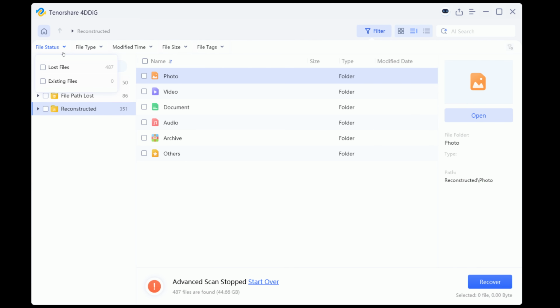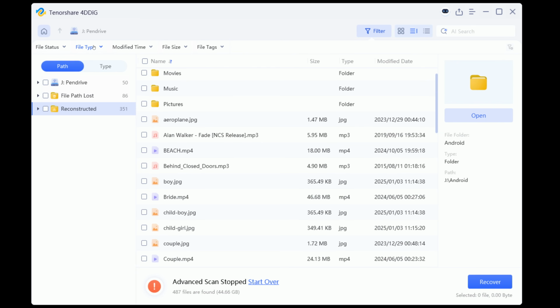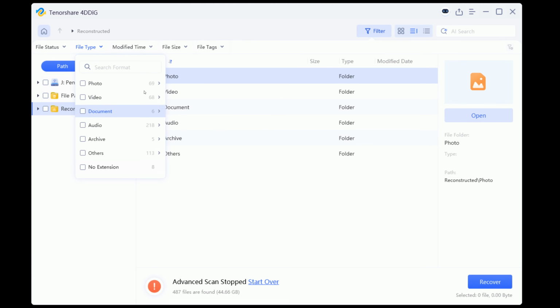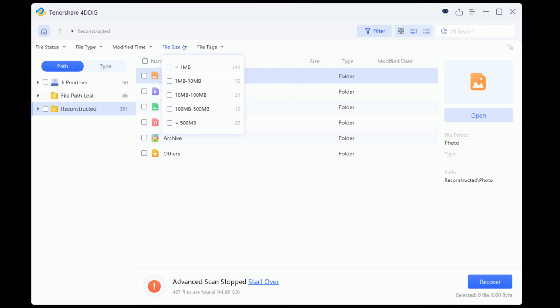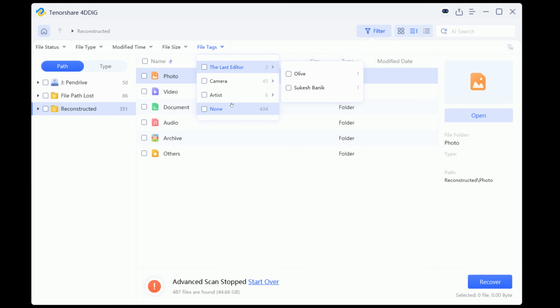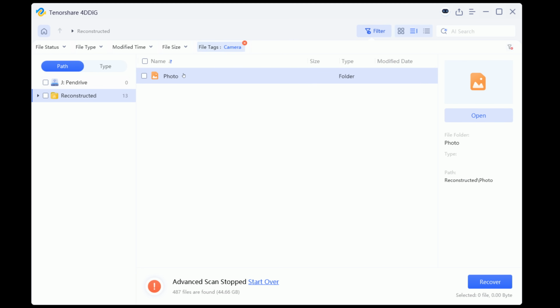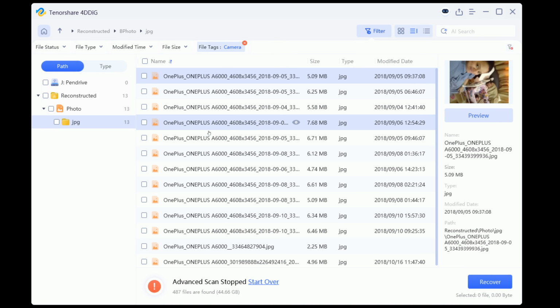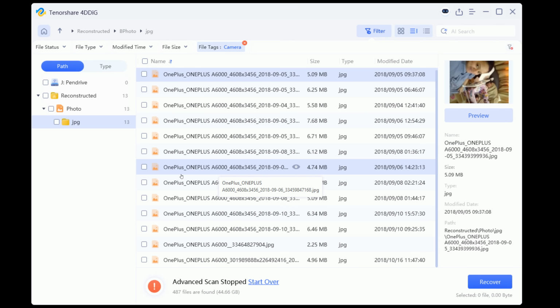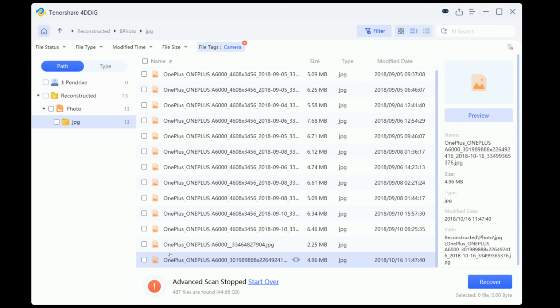There are filters that you can apply to save time, like you can select lost files only so that the existing files will not show in the browser. You can also select file type and modify time, maybe file size if you remember, and any file tag. For example, if you are using a camera, then the camera tag or maybe your smartphone make can help you find the specific file you are looking for. These are the photos from my OnePlus phone which were shot back in 2018, and 8 years old files are